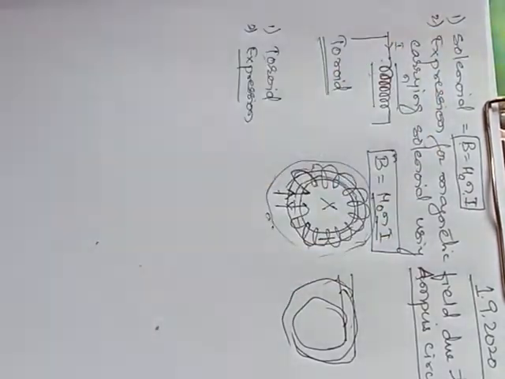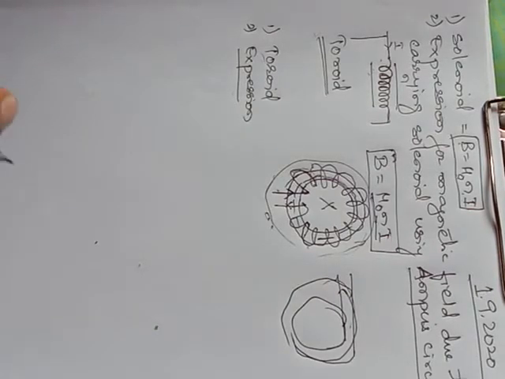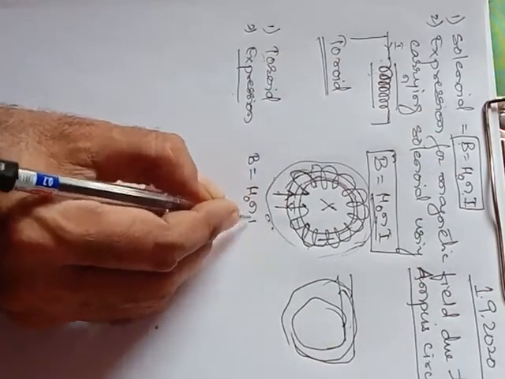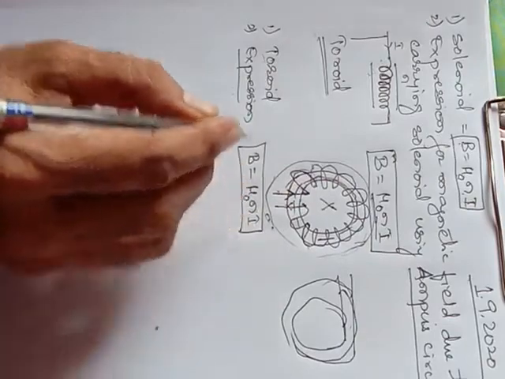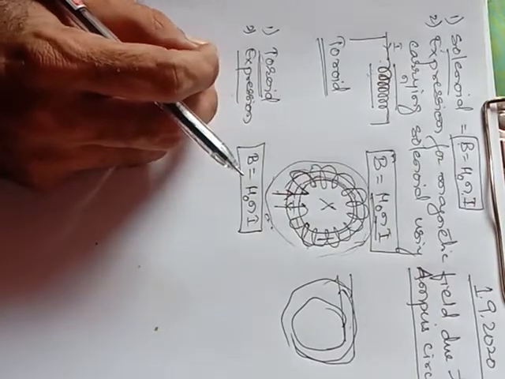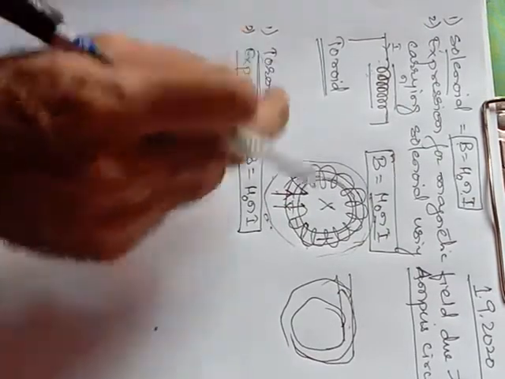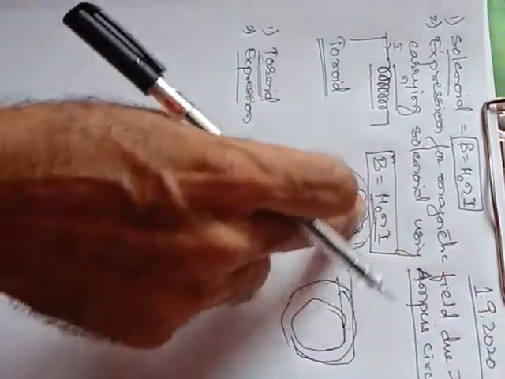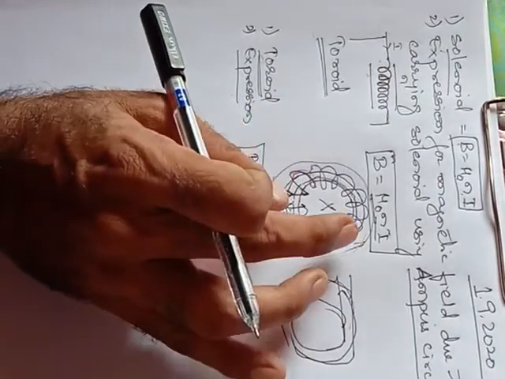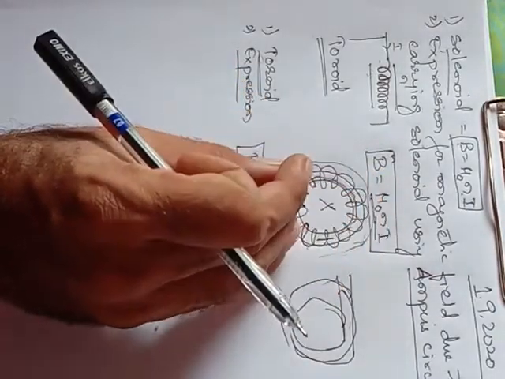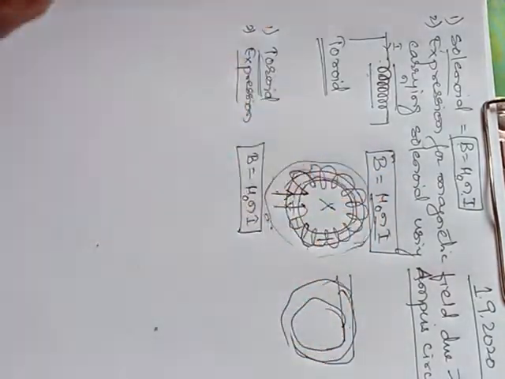Today also we have to derive the relation for the toroid. How toroid is different from the solenoid? Solenoid and toroid both will have the same amount of magnetic field, and the derivation is the same. B is equal to mu naught Ni only we will be getting, but instead of using solenoid, toroid is used more. Okay, now question is that why it is used more? Because lengthwise, it will assume more and more space, but if you take the circular ring, it will be compact and the magnetic field will be maximum. How close the wires are arranged, depending upon that, magnetic field will be created inside.